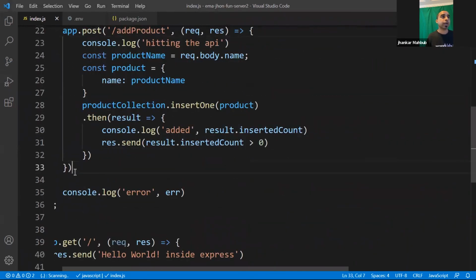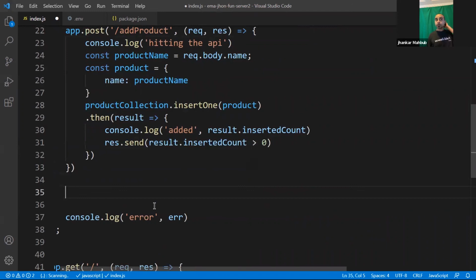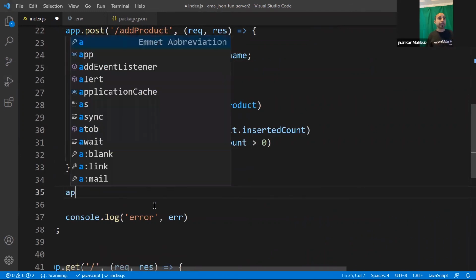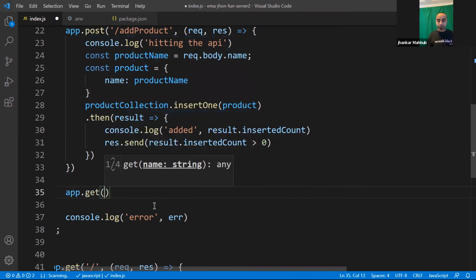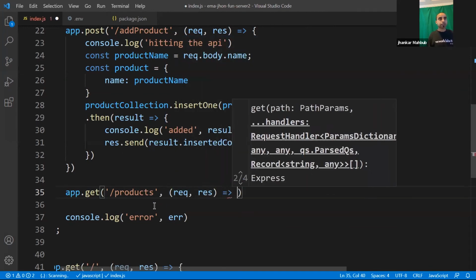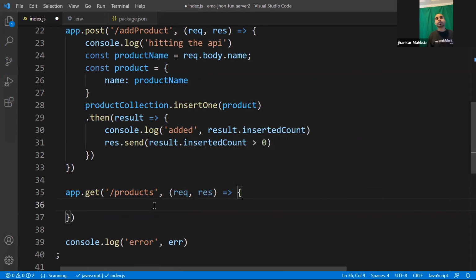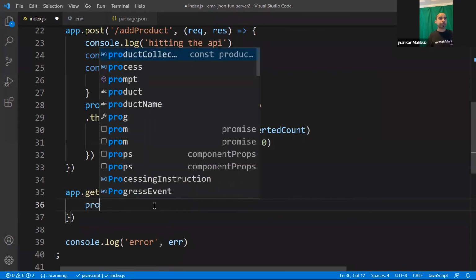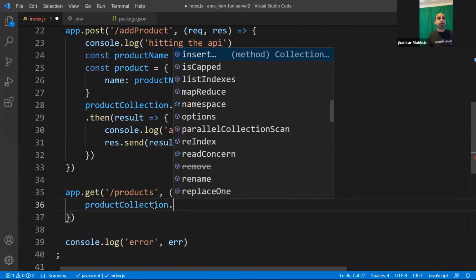In a similar way, we can get all the products from the backend as well. So app dot get, and this would be slash products, and then you do a request and a response, and this is super easy actually. When this request comes in, all you need to do is call this product collection and then find.